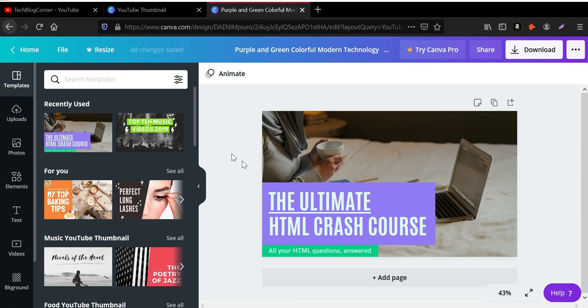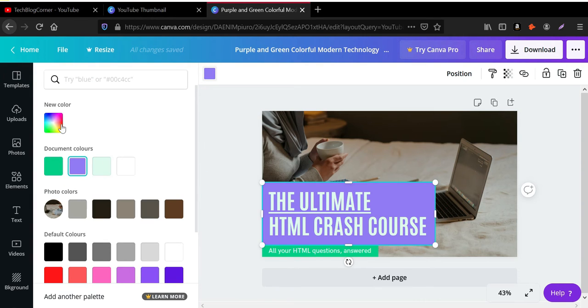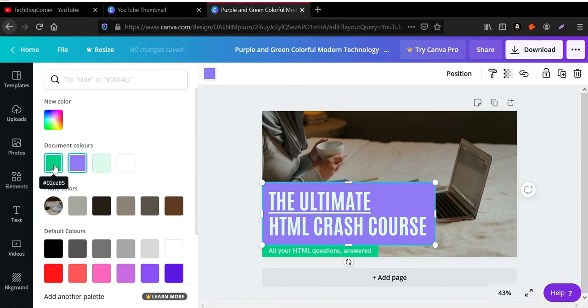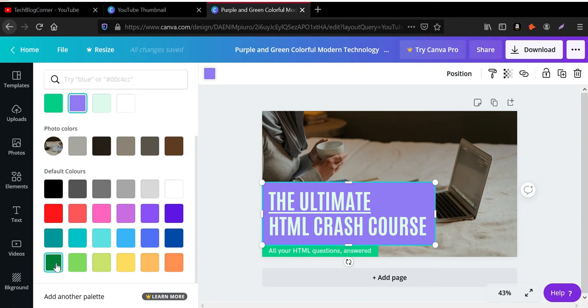For example, I am going to change the color of this box. Let's click on this box and you will see the rectangular bar, and on the top left corner you will see this icon, change the color. Click on it and you can change the color as per your desire. For example, I want to change the color to green because it suits my theme and brand image.